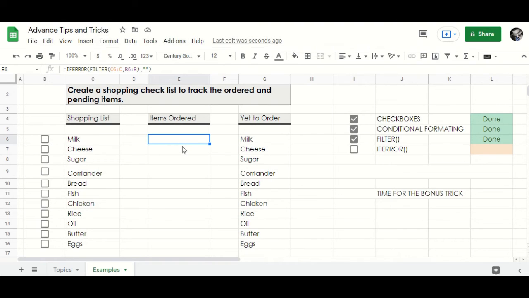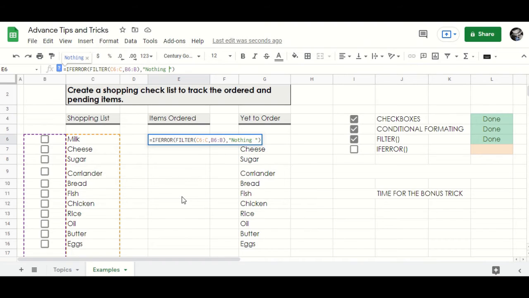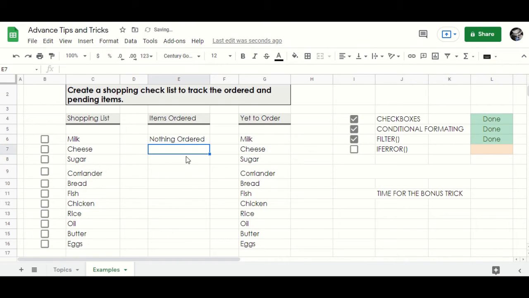Let's go to the function again and type, nothing ordered, in between the quotes which we had left blank earlier. As you see, the blank cell has now been updated with the custom message.